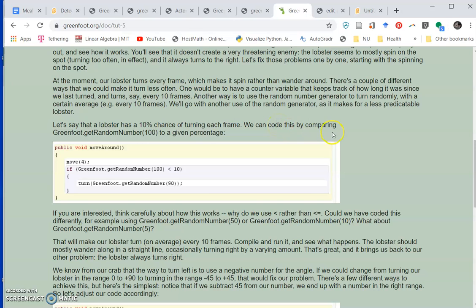Okay, so how do we implement that? So it's this: we're getting a random number, and then we're comparing it to the number 10. Let's look a little bit more closely at that, because this is our if condition, and this is an if condition that we haven't seen in this series on Scratch and Java so far. So let's take a look at